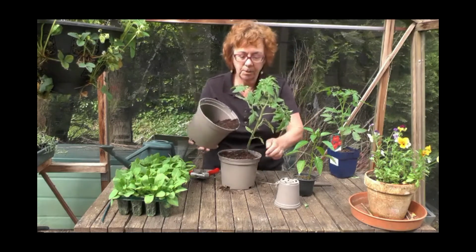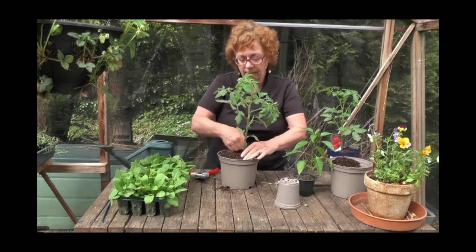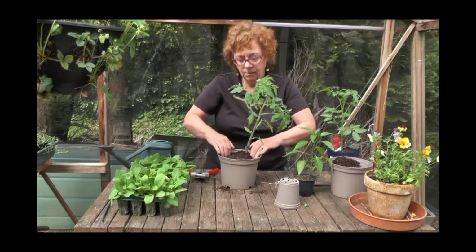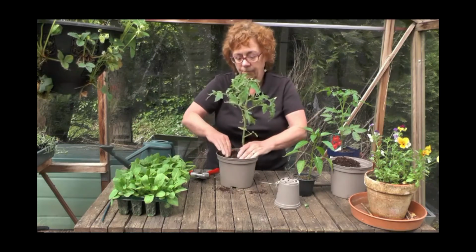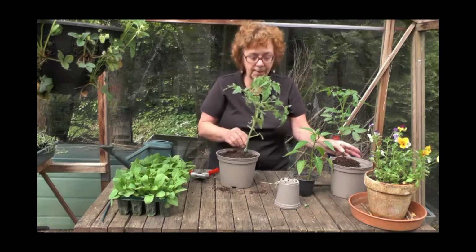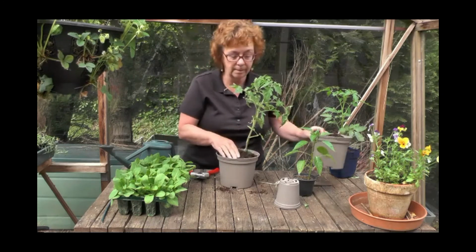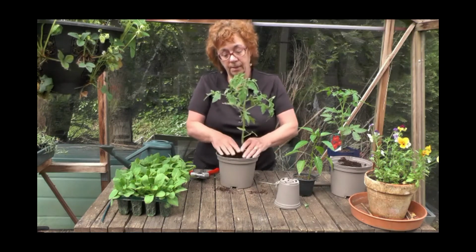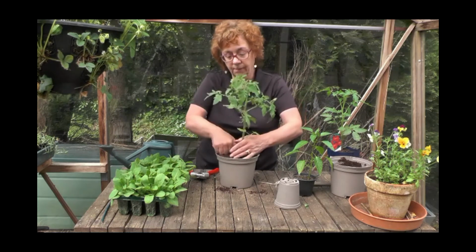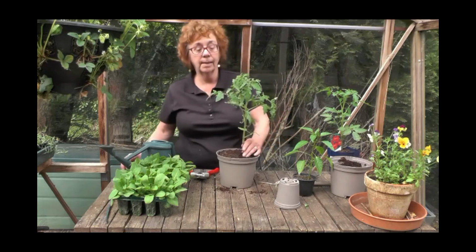Now when you fill the pot up with compost, it looks like it's quite full, but actually if you just tamp it down a bit, you'll see that it drops down quite a lot around the edges, so it's not actually completely full. And what you're doing there is clearing out the air pockets, because you do not want air pockets in the plant. If the roots growing underneath here hit an air pocket, there's no food or nutrient or water from there, and the roots will wither and the plant will not thrive. So you don't want to compact it tightly, but you want to make sure that you don't have any air